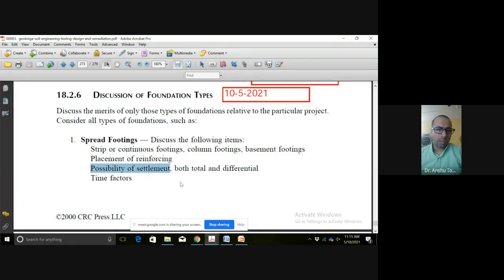Although we check it, in the design you have already checked the settlement. It is quite possible, depending upon the loading rate. If the loading rate increases later, you can give chances of differential settlement in that case, varying with time, although it can be 80 years or 100 years.